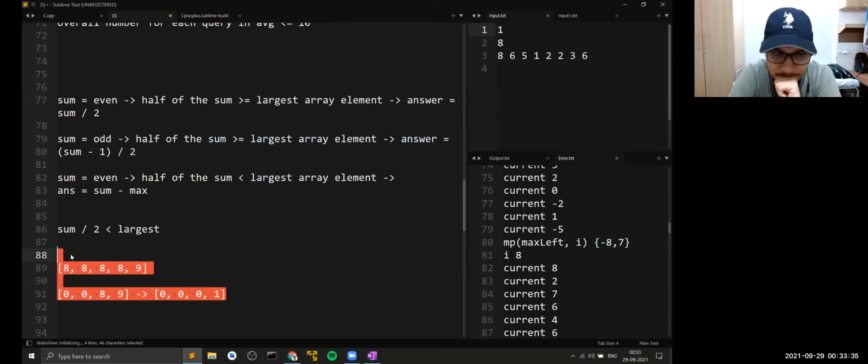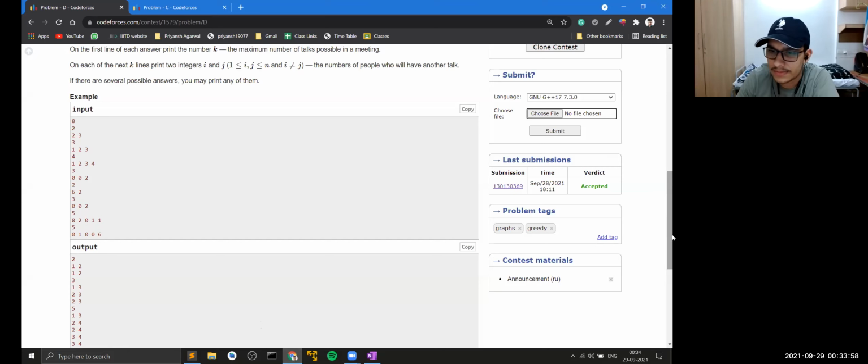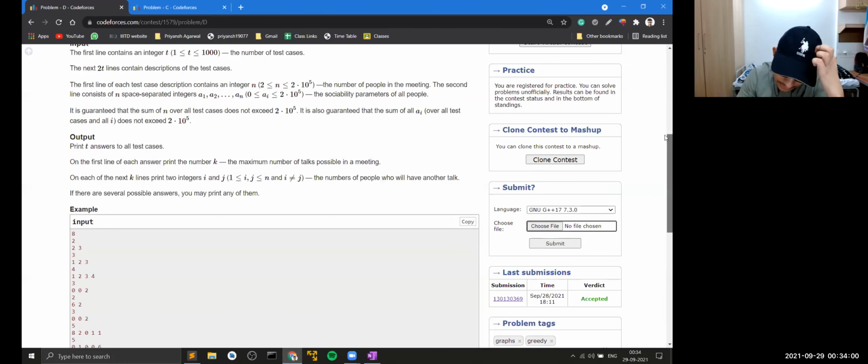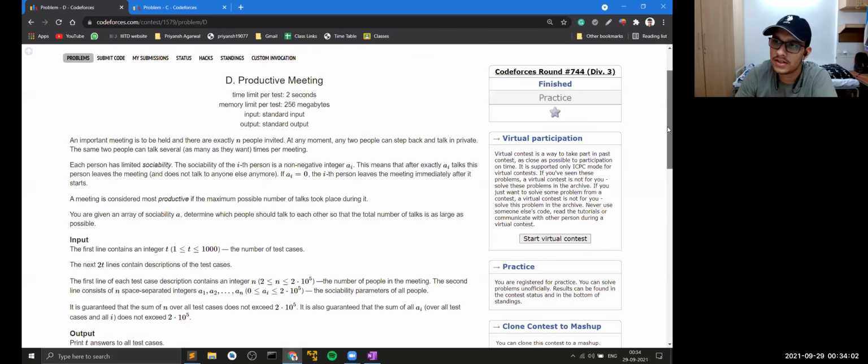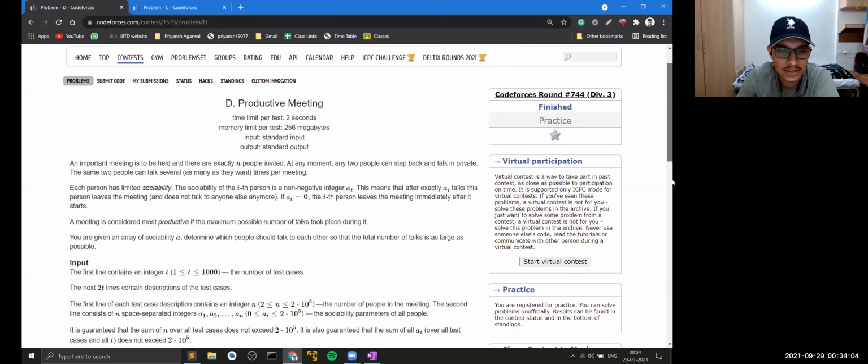In the case where the sum is odd and half of the sum is greater, we will be left with a value 1 in the container. And in the second case, we'll be left with whatever the value is of sum minus max. So minus max, right? Yeah, I think this is correct, but again, understanding why picking up any arbitrary two numbers works here is again a task, right?